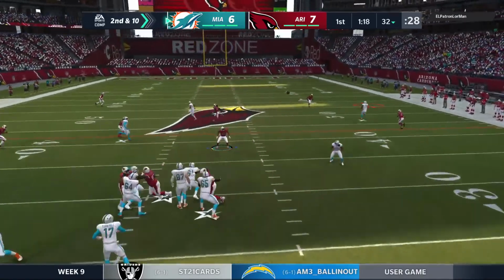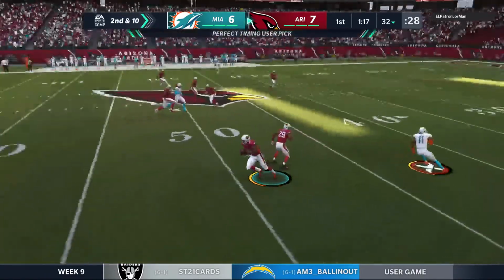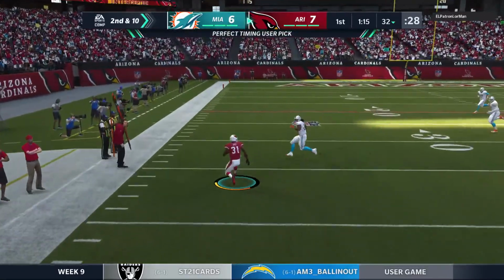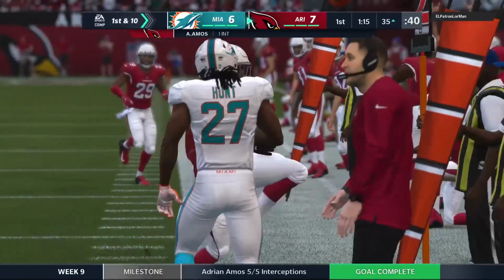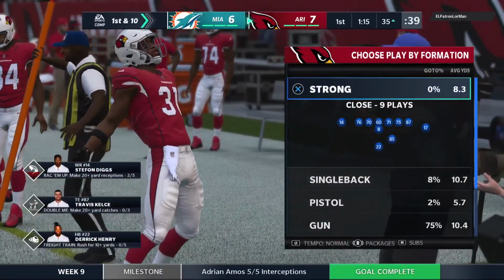Out of the gun, Tannehill. Looking for Jones, and it's intercepted. Adrian Amos with a pick. And the return here is stopped at the 35-yard line. Unfortunately,